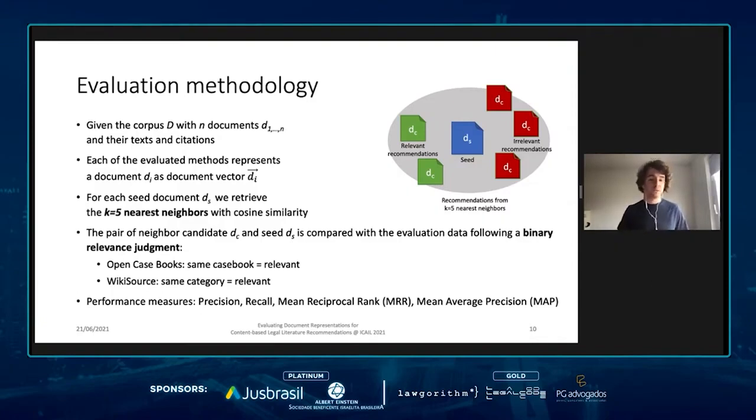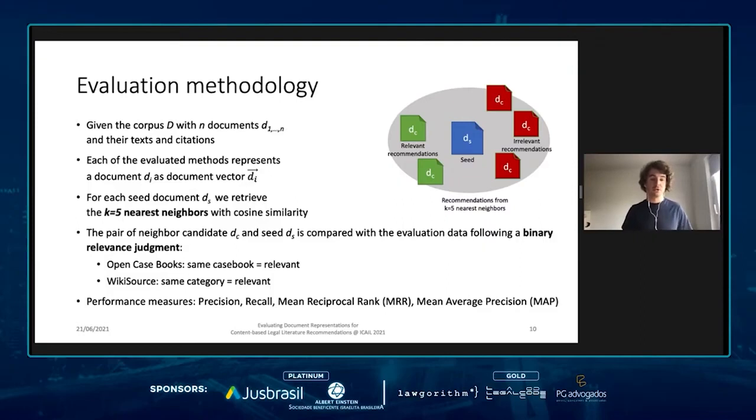And then based on the vector representations, we perform a k-nearest neighbor search to retrieve the 5 most similar documents, which are then used as recommendations. For the evaluation, we then compare the seed document and the recommendation candidate with our silver standards to determine whether it is a relevant recommendation or not.